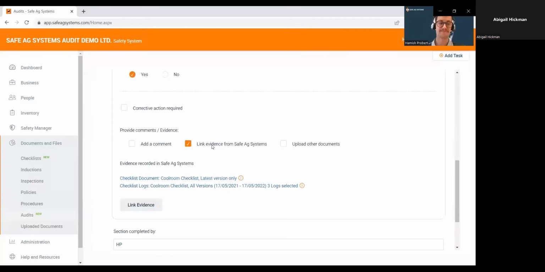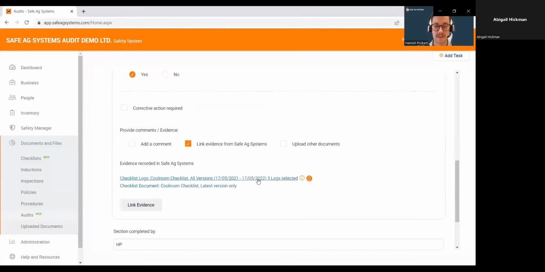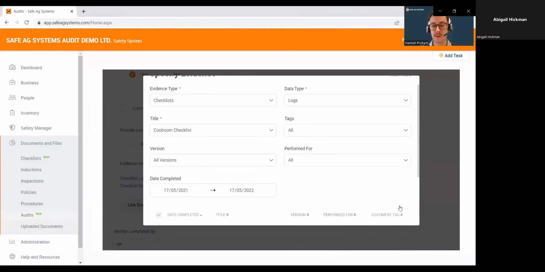Now coming down, as before, as we've already filled out this form in the past, it comes up with a little marker to say that this evidence has already been attached in the past and will be automatically attached. However, we've not reviewed it. So before you can actually finalize the form, you have to review it. So you just click in here. And we can go down and say, yep, this is all good. I'd like to save it as is and do the same for this as well.